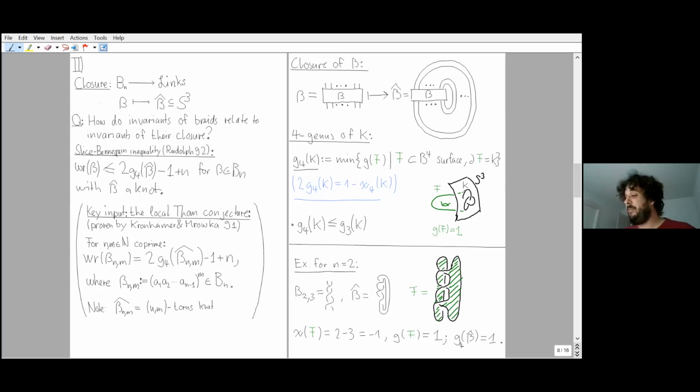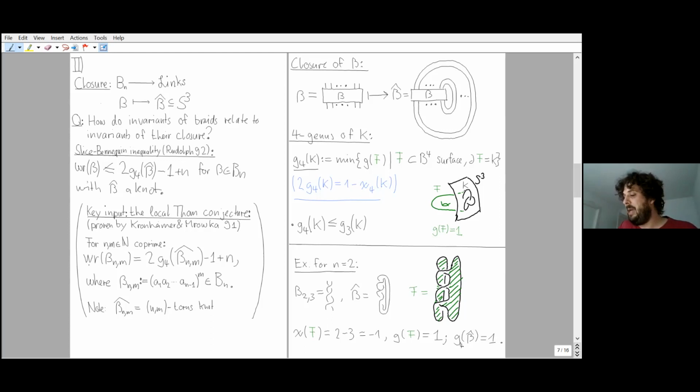I want to very briefly mention that the slice-Bennequin inequality is very cool, and it's cool work of Rudolph, but it's a rather immediate consequence of what's known as the local Thom conjecture, which is a theorem by Kronheimer-Mrowka. And just for the sake of completeness, let me briefly make the statement. The statement is usually phrased as what the four-genus of a torus knot is. Let me phrase it so that you see immediately the connection to the slice-Bennequin inequality, namely if n and m